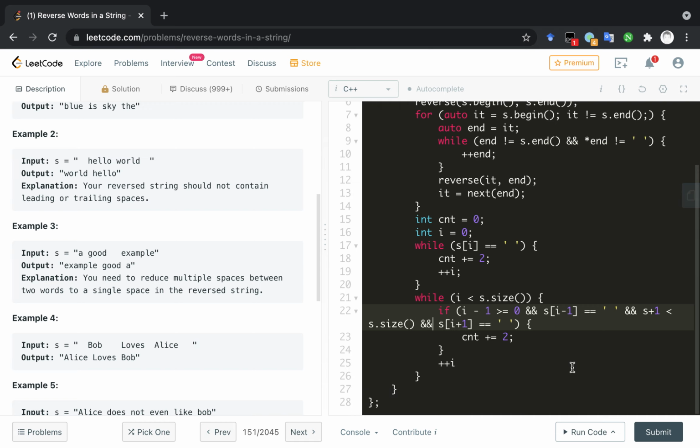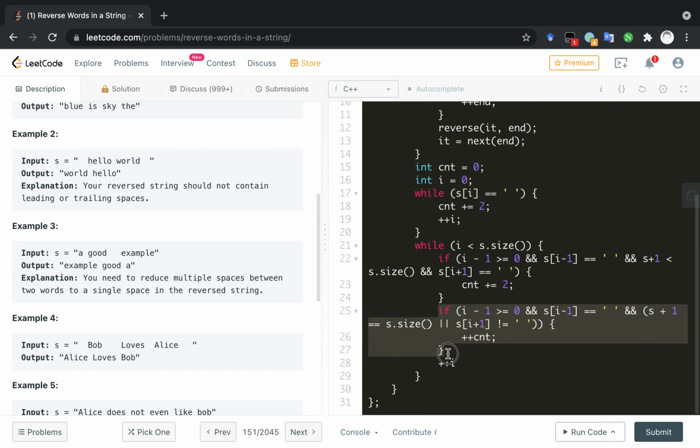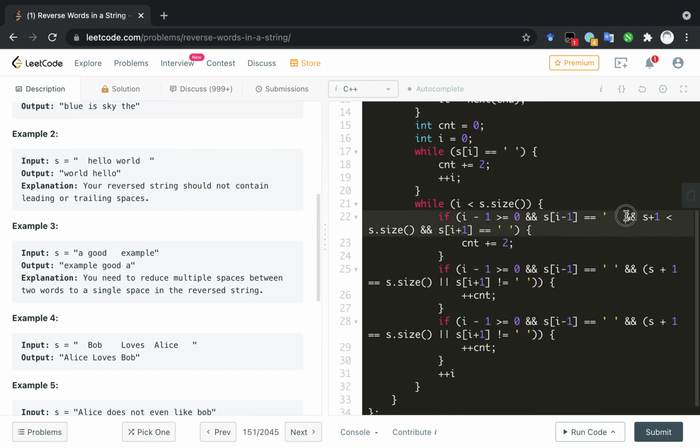In this situation, we count two, and if the left is space but the right is not, we count a half, and if the right is space but the left is not space,